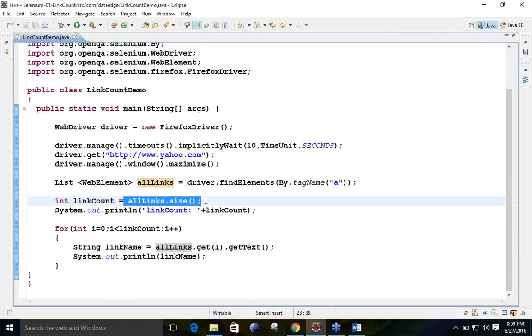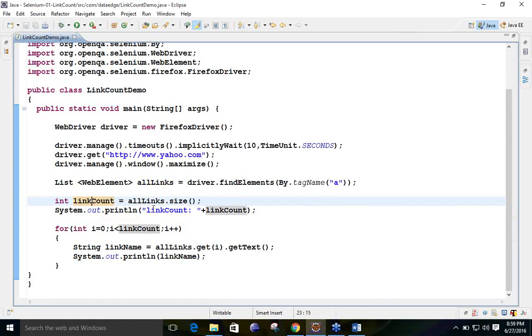It will give you the size, meaning how many elements are present in this variable, by counting from these tags. What we are doing is storing this into one variable known as linkCount. You can give any name over here. You can give the name as count, or linkCount.